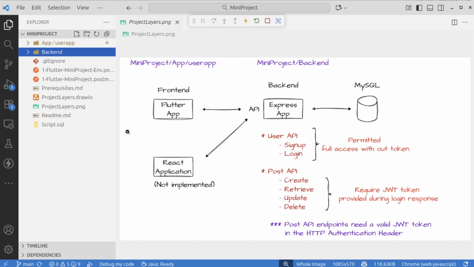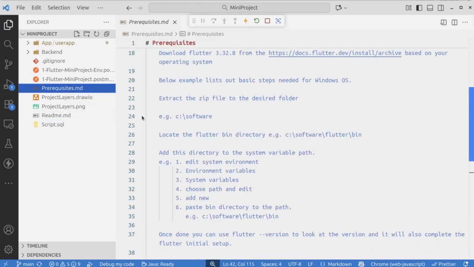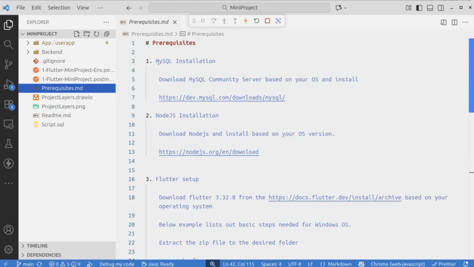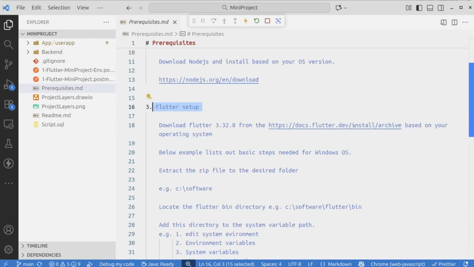To get started, you can open the readme.md file, which tells you how you can set up the project on your local machine. And then there are a few prerequisites for this project. You first need to do a MySQL installation on your laptop, and then you also need to install Node.js, and you need to set up Flutter. You can download the Flutter archive from the given location,